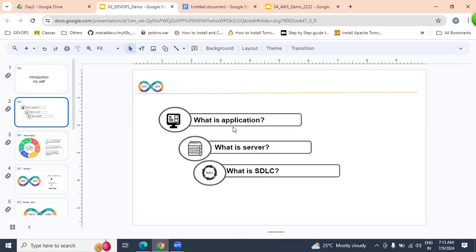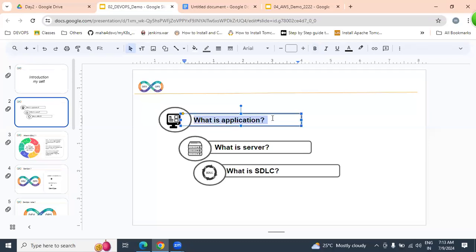So what is an application? The working software, which is written in any programming language like Java, .NET, Python, we call an application.